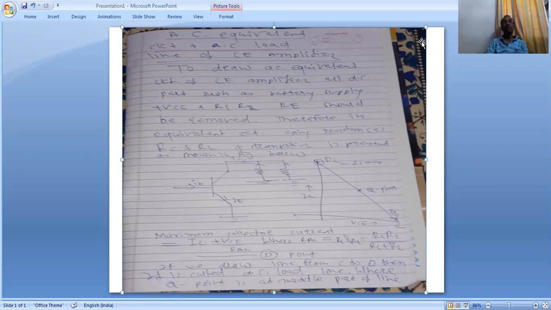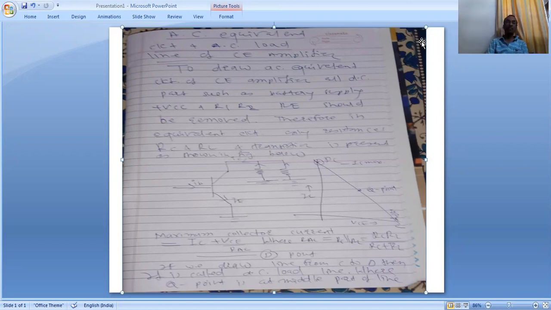Now, in the case of the AC equivalent circuit, only the transistor resistances RC and RL are not drawn in the diagram. You can draw them. First one is the RC, second one is the RL. Those load resistances are connected to the collector as shown in the figure below. Understood?